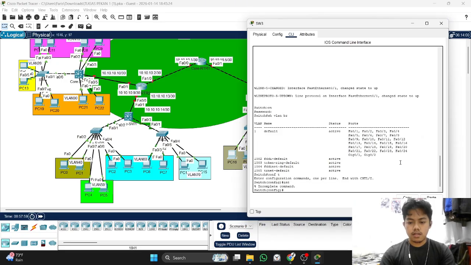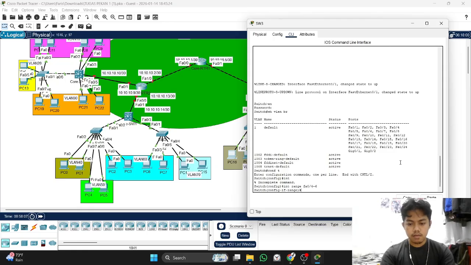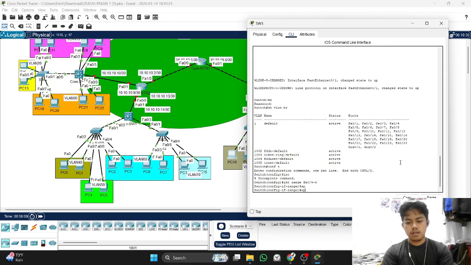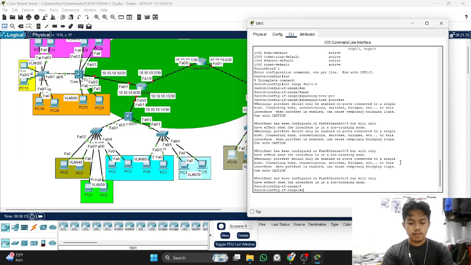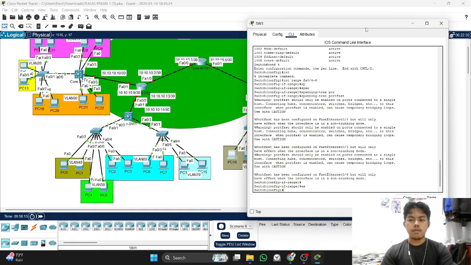Configure interface range 4, 5, 6, spanning tree 3, 4, 5. Okay, exit, and now we will configure the VLAN.